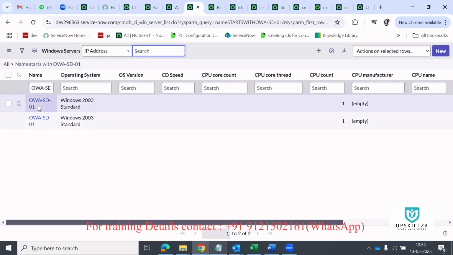Keep one, so either the new record or the old record, keep it as it is. In most of the cases, what we do is merge the records, because in both of the records,